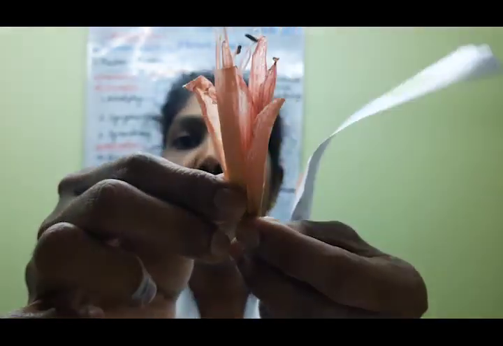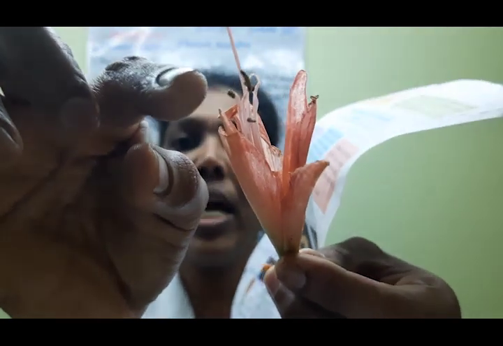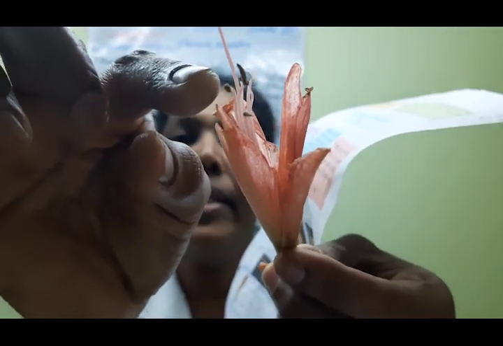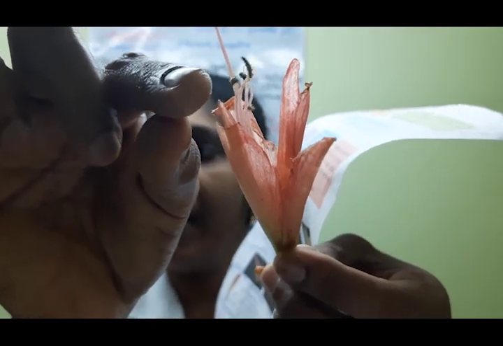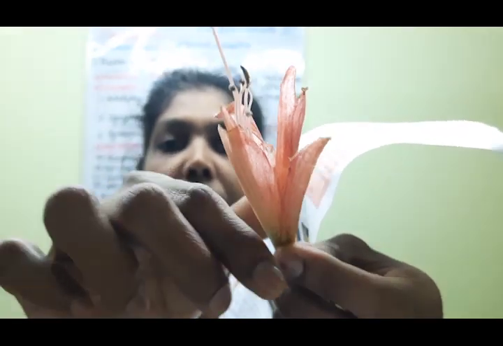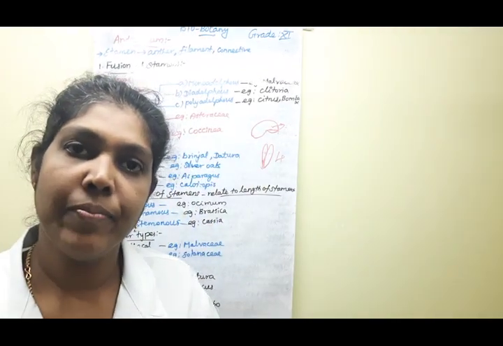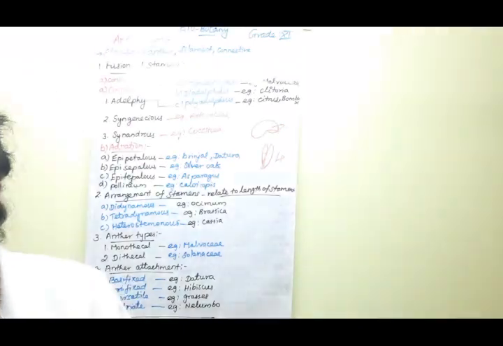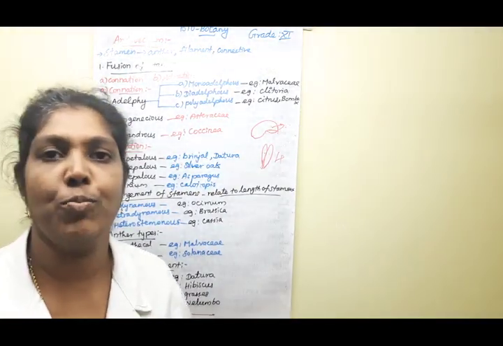Also look at this one. Okay, this one. Here also, the filament is attaching only at the midpoint region. Clear, children? Say yes or no? This type is known as adnate. Understood, ma'am? Clear? Clear? Say yes or no? Yes, very good. So these are some of the types of anther attachments.